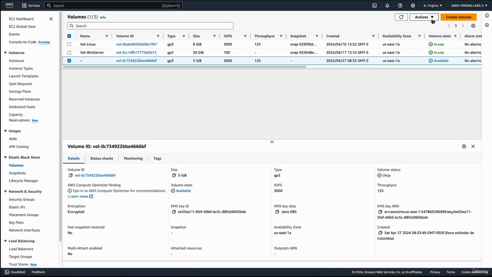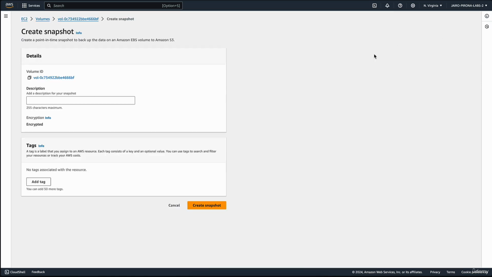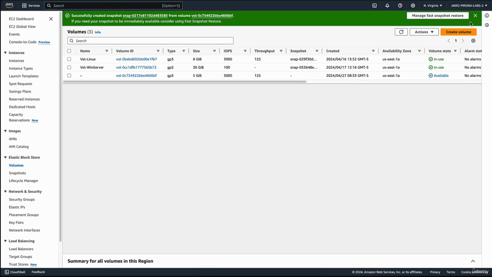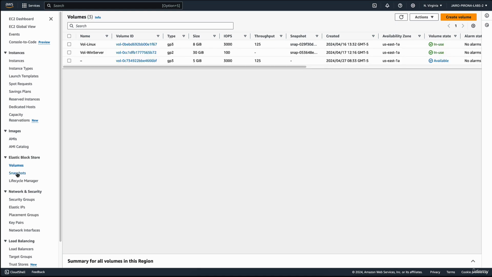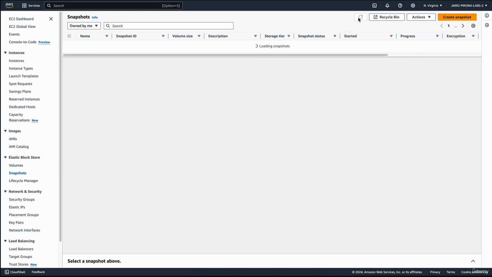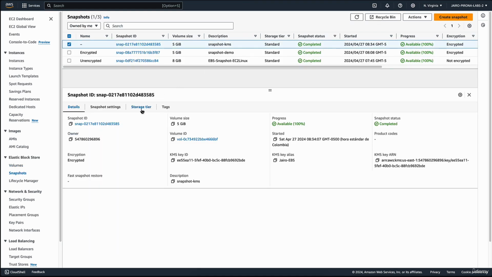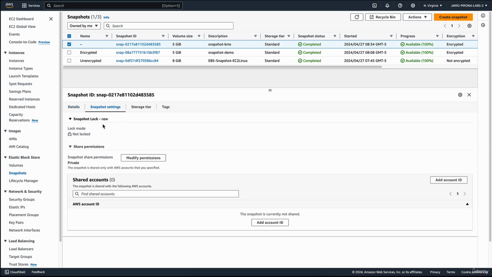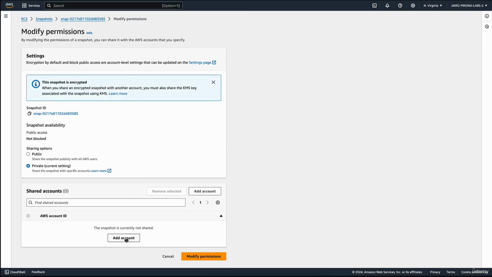Select it, Actions, Create Snapshot. I'll put something here like Snapshot KMS, and then Create. Then, I go to Snapshots, Update, and here it is. And if we look down here at the snapshot configuration, we can modify the permissions, add that AWS account, and